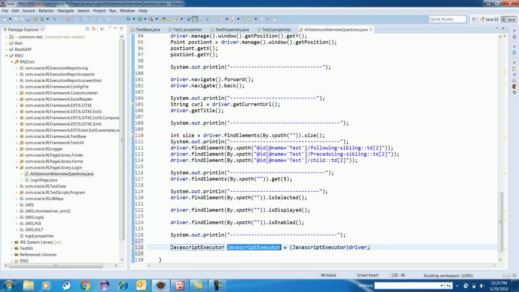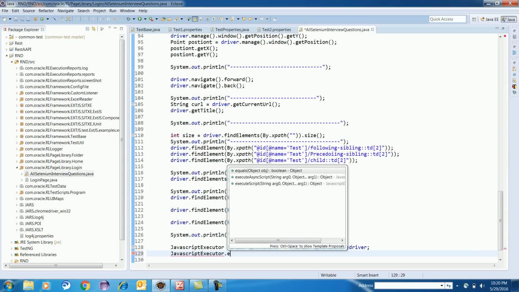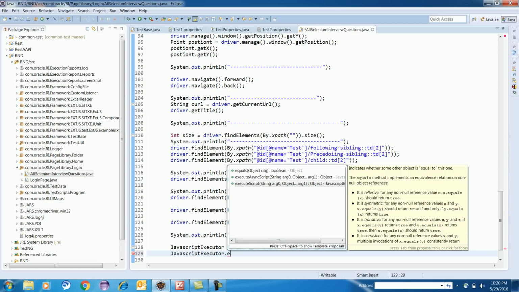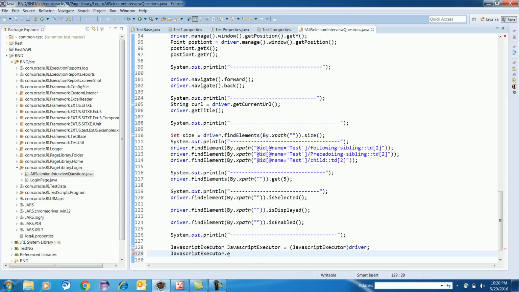So how to execute JavaScript in Selenium? We need to cast the driver with the JavaScript executor, and then we can write dot execute script. Inside execute script, you can supply some JavaScript argument. You have a lot of ways actually.